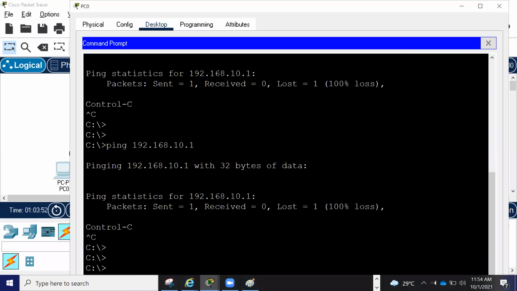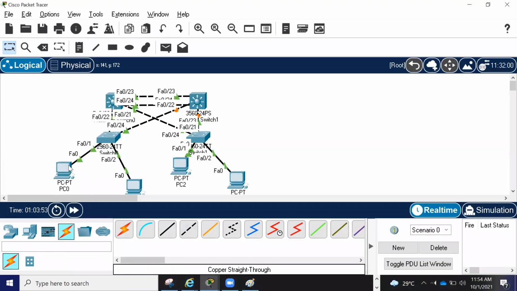because this is another VLAN, right? So I'm trying to ping from VLAN 10 to VLAN 20. How am I going to ping that? There is no gateway. That's what we learned yesterday, right? Without a gateway, you cannot ping to other networks. VLAN means network. Two different VLANs. 10 is having a different network, 20 is having a different network. So they cannot talk to each other unless you have a gateway in place. Okay, so that we understand.